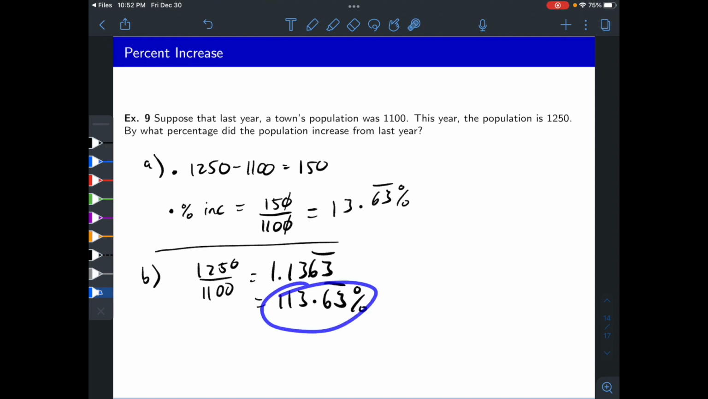Okay, so you could do that. And then if this is what you have now compared to what you had before, well, before you had 100% of what you had, and so now you have 113%. So your total percent has gone up by